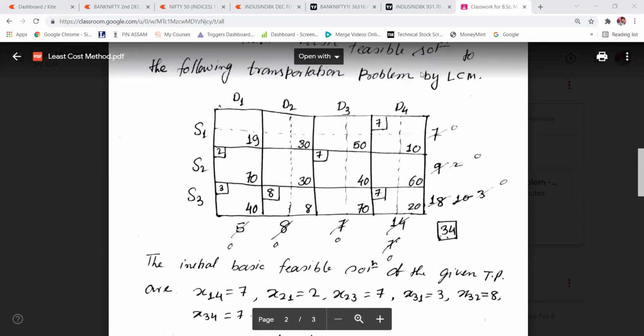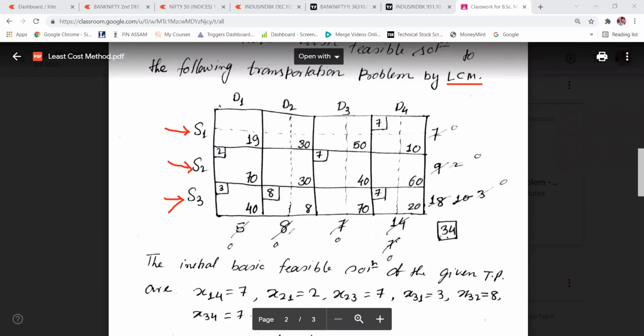Before using this least cost method, the first condition you need to check is whether your transportation problem is balanced or not. How will you check the balance? As you already know, these are 7, 9, 18. These are supply from different sources.